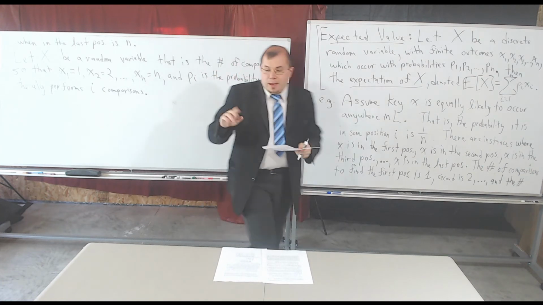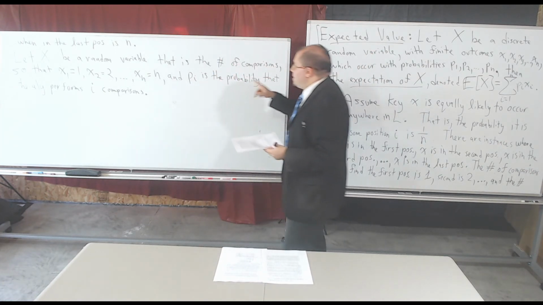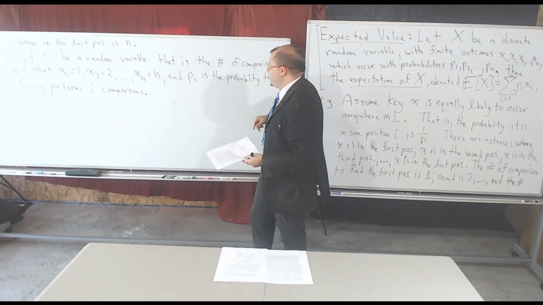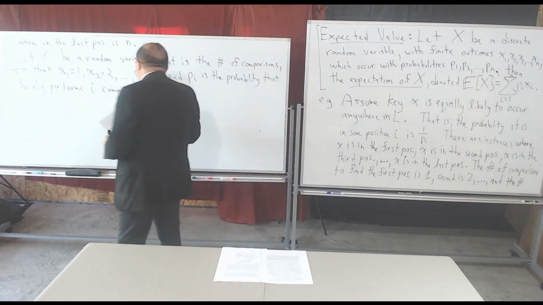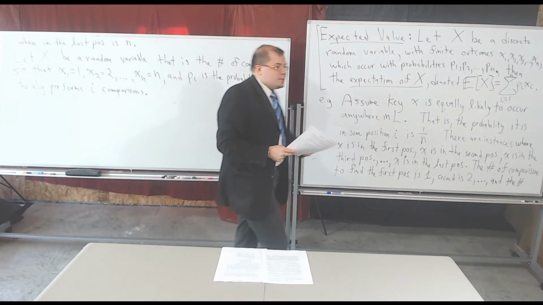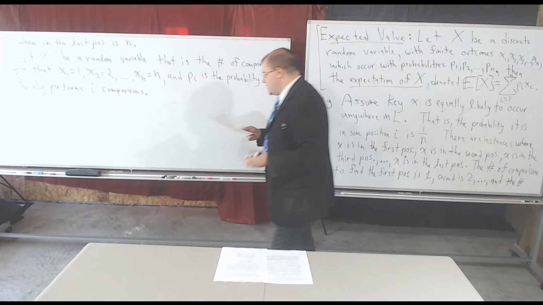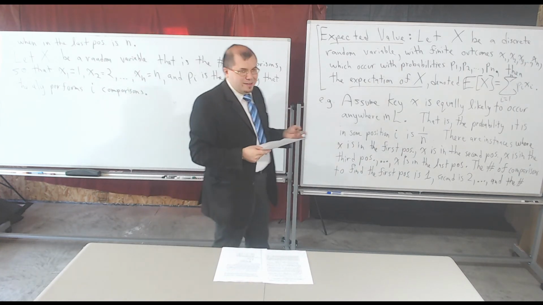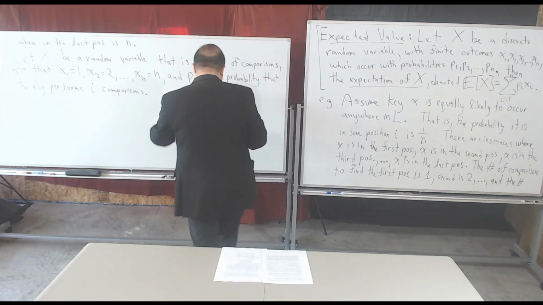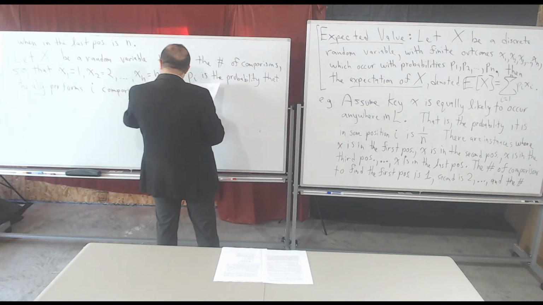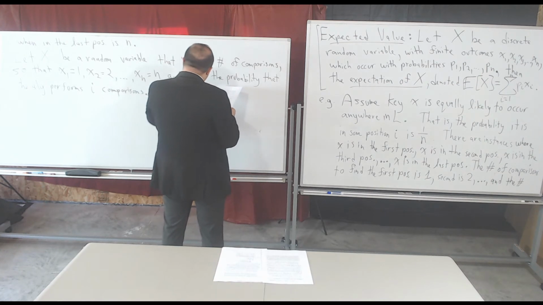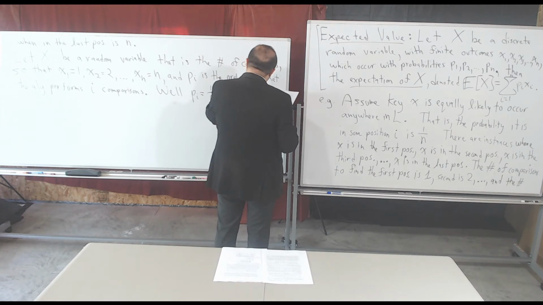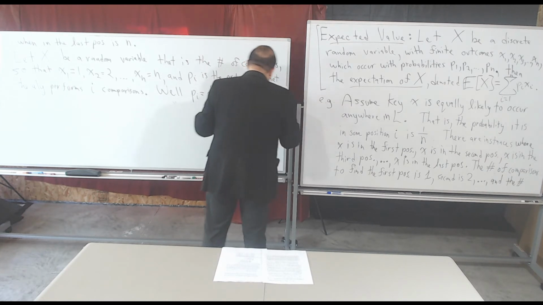So that being said, remember, each of these are my possible outcomes. Just like I said, there's going to be n possible outcomes here. So I've just assigned each one the count of how many comparisons there could be, and I'm just going to take an average over all of them, right? So I'm just going to invoke this definition by observing that, okay, well, the probability of each one of these is 1 over n, right? That's what we established earlier. So, well, p sub i is equal to 1 over n, so the average number of comparisons